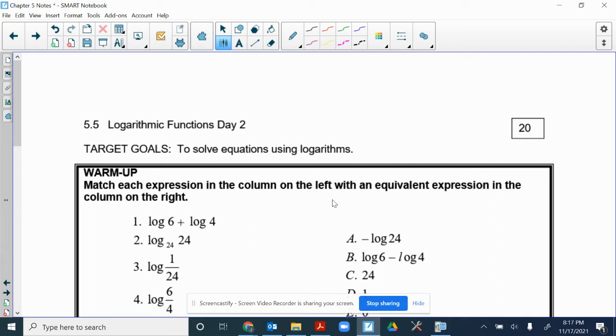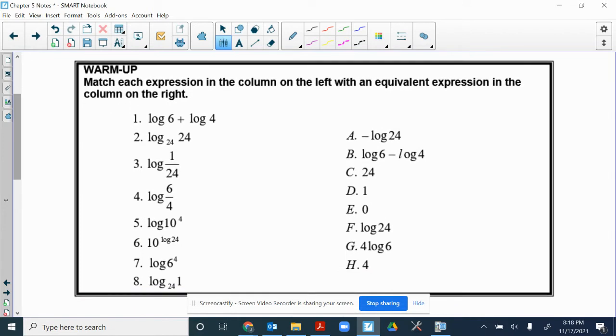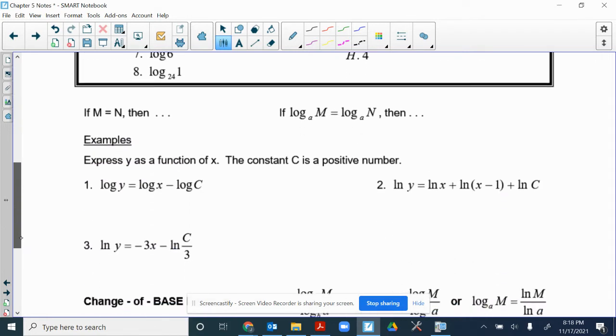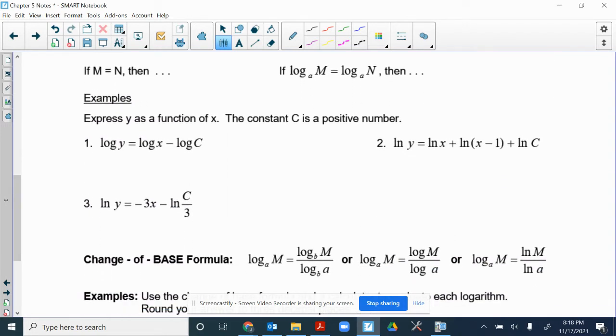On today's video, we're going to look at page 20 in your notes packet, and it's going to be about solving equations using logs. So the first thing, I do want you to go ahead and try this warm-up out. It is just a straight matching. Go ahead and do this, and then check your answer with the key, which is on Canvas, and when you are done, then come back to the video. Okay, hopefully you did well. All right, so we're going to go ahead and do a couple examples of some solving of equations. And then we're going to have one last